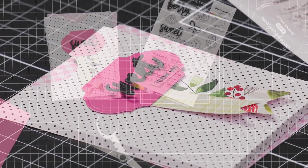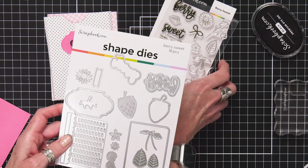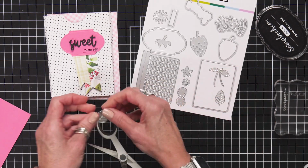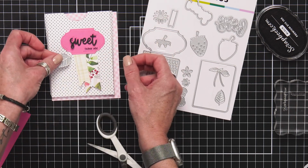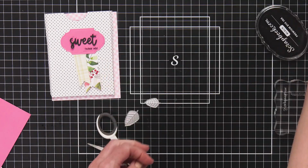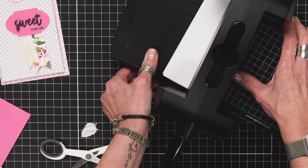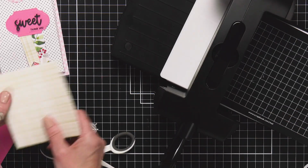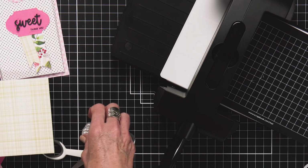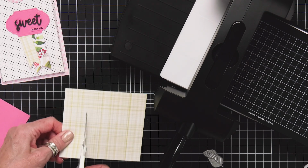Okay. We have one more thing we want to add to this because I am a friend of the die shapes. And so there are some leaves on here. And I was thinking that it would be great to kind of tuck some leaves either here or here. So let's get a couple of those die cut right now. Okay, our machine's in place. I think it's going to be okay to use this green again because you have it already here and it's just going to kind of play off each other. So we're going to take a couple, oops, I broke my little rule here. Let's cut off a strip of the paper